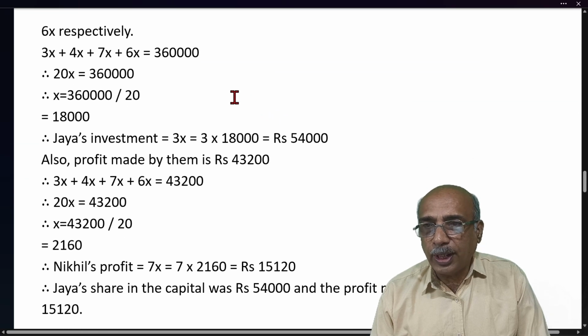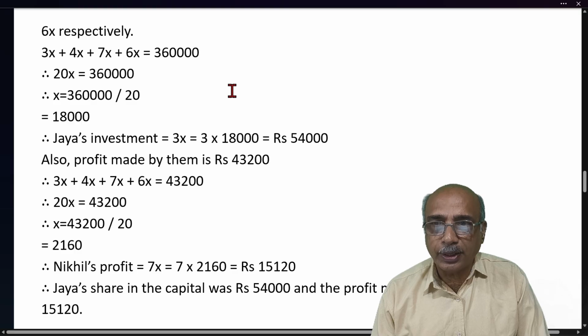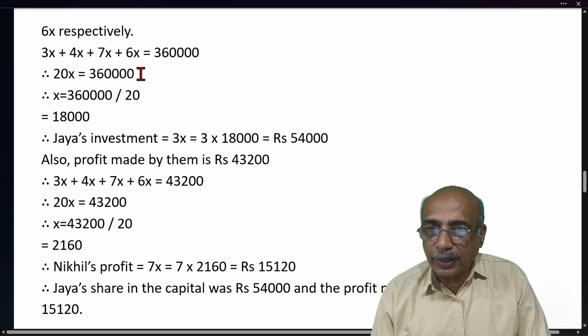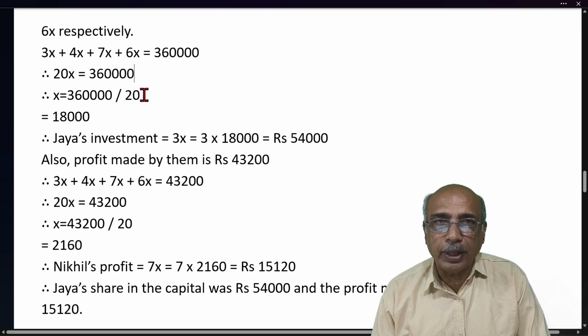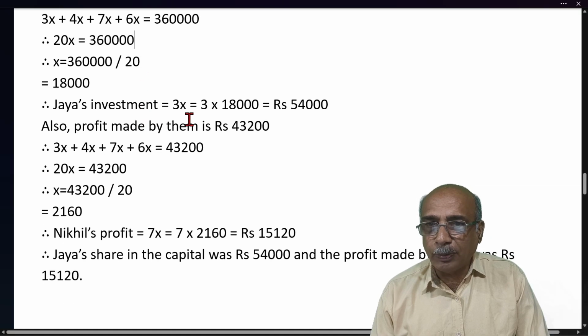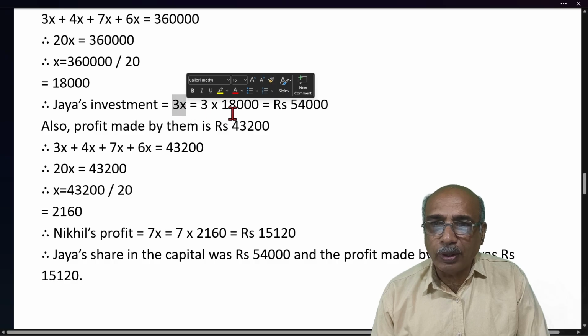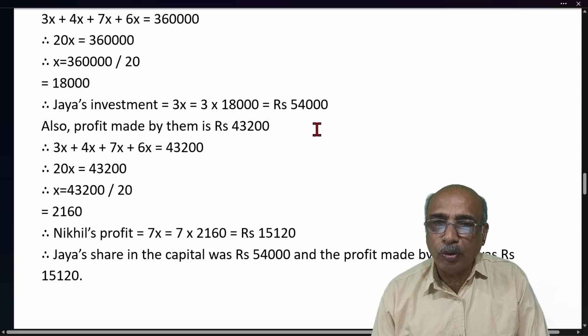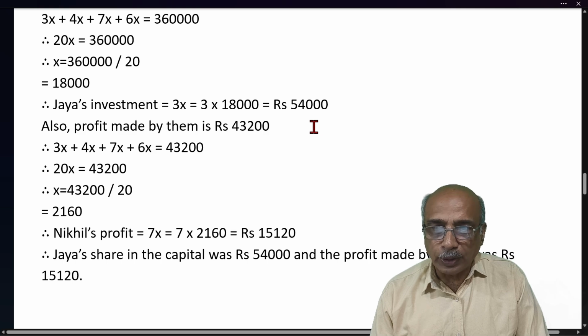Therefore, 3x plus 4x plus 7x plus 6x equals 20x equals 3,60,000. Therefore, x equals 3,60,000 divided by 20 equals 18,000 rupees. Therefore, Jaya's investment is 3x equals 3 into 18,000 equals 54,000. Also, profit made by them is rupees